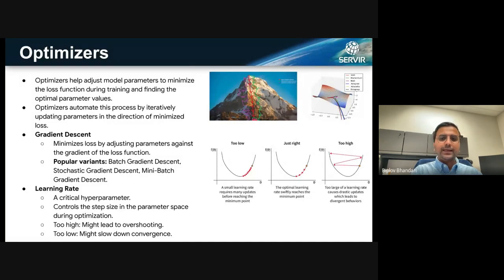The other downside is that there could be a global minima, and then there could be a local minima. If you're taking too low of a learning rate, your algorithm might be stuck in a local minima and never be able to get out of it. So you need to take those steps just right. And because it's a hyperparameter, you basically have to play and see how it performs.